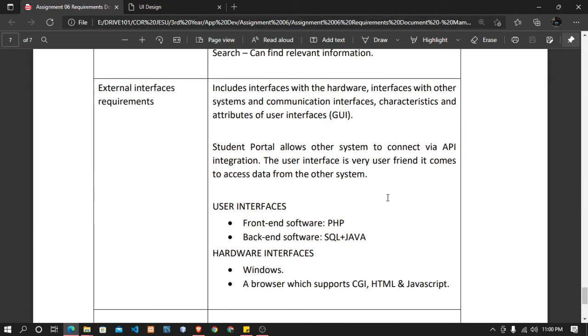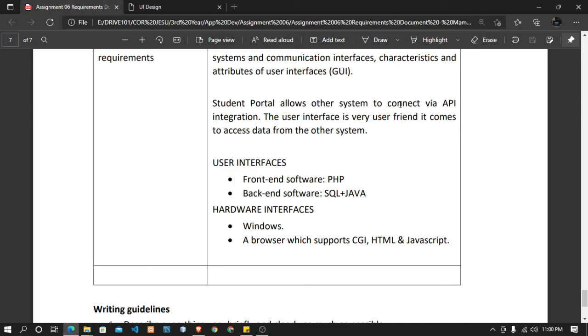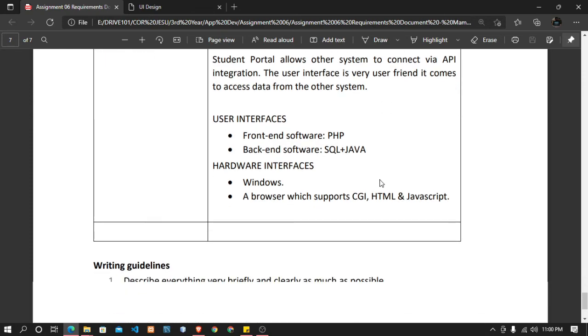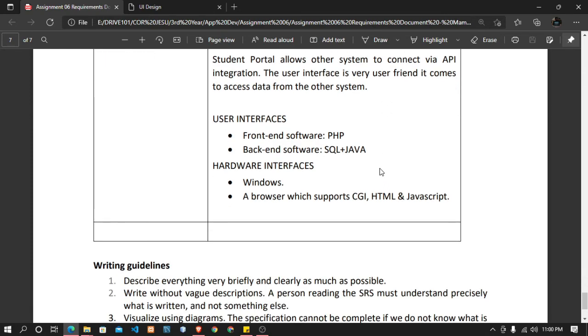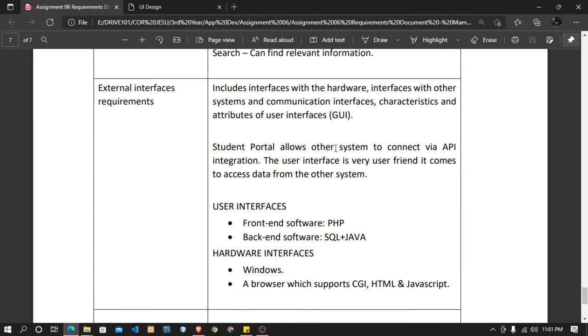Another is the external interface requirements. The student portal allows other systems to connect via API integration. The user interface is very user-friendly when it comes to accessing data from the other system. So that's the end of